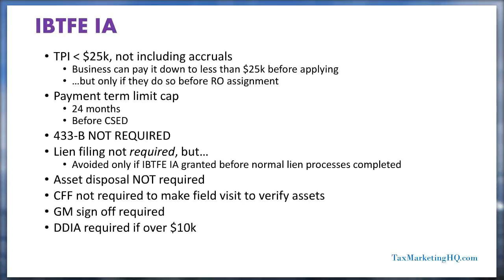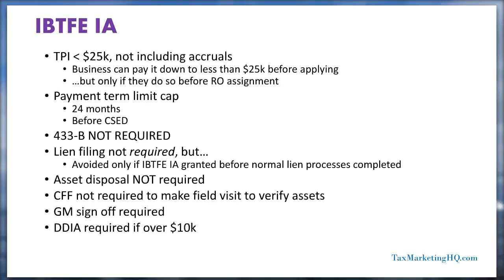A group manager or an ACS supervisor is still required to review and sign off on any express IA, and if the amount due is between $10,000 and $25,000, then it must be paid through direct debit. So direct debit installment agreements are required if the liability is over $10,000. Okay, so there's a lot of information on this slide,